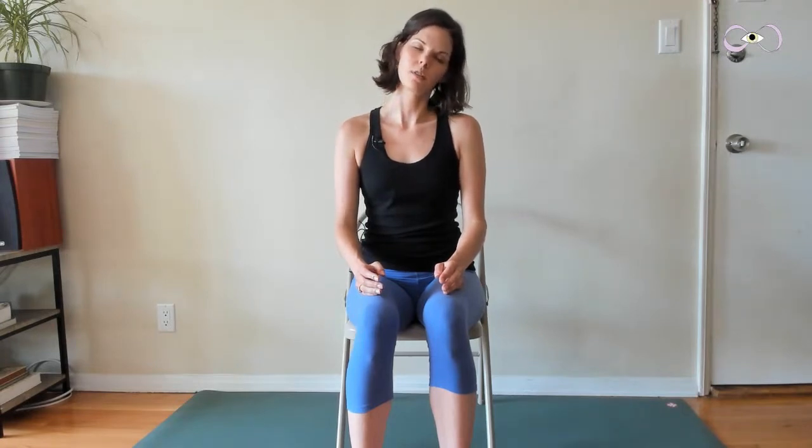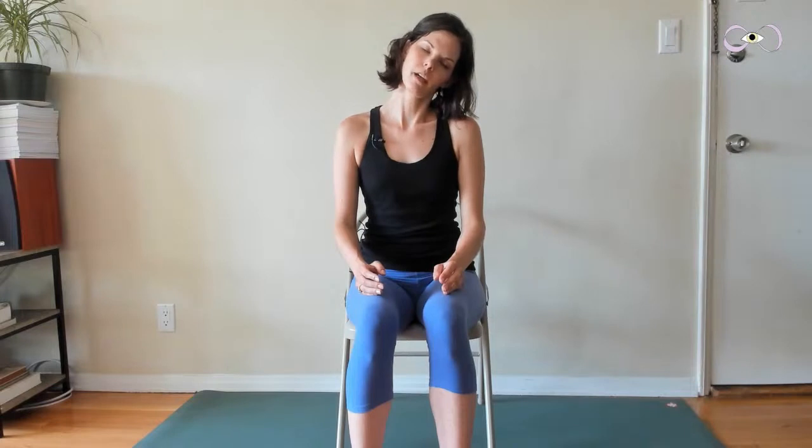And take an inhale breath. And as you exhale, drop your right ear down to your right shoulder. Inhale, bring it back up to center, move slow. Exhale, drop left ear over to left shoulder. And we'll move like this with the breath, inhaling through center and exhaling over. Soften both of your top shoulders down as you move in the side to side way. And by all means, if there's a place that feels like push up on the left side,